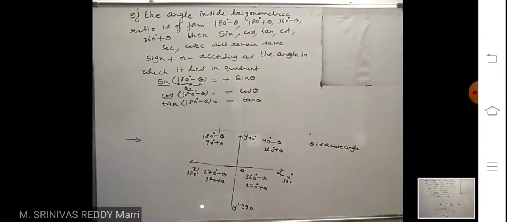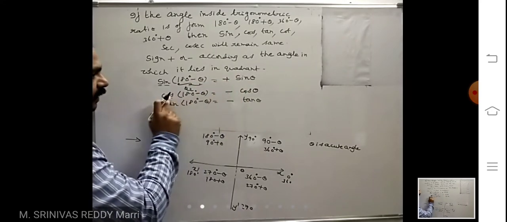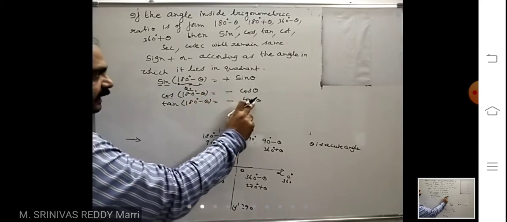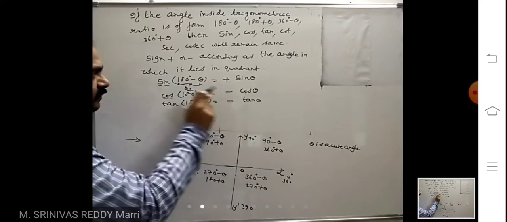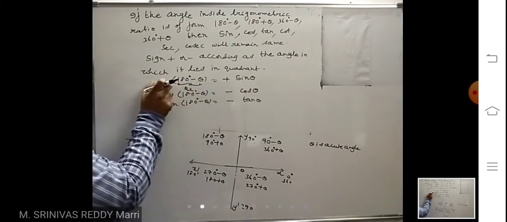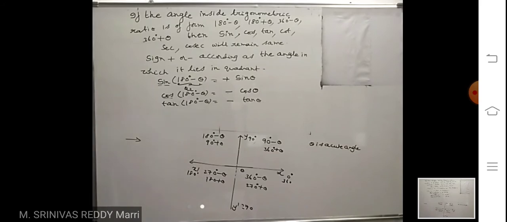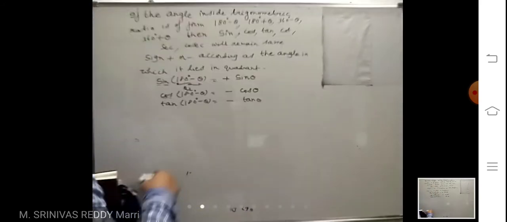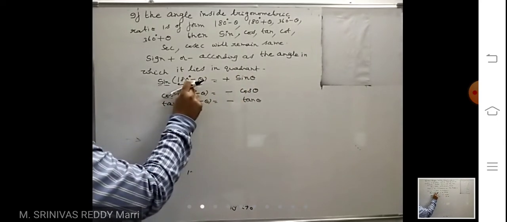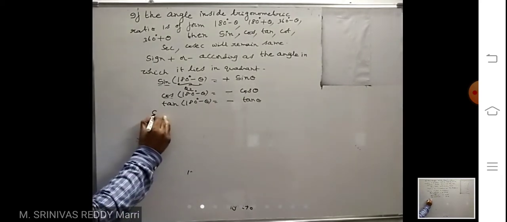Like that, everything. What I mean is, sine you write same sine and then theta, cos you write cos same theta, tan theta, and this sign is there. Sine you have to give. This sine, in which quadrant is this angle? In that quadrant, sine is what? Positive or negative, you write the sign. Like that. Suppose take an example. Like that everything. If 180 plus theta is there, you write sine theta only. 180 plus theta is in which quadrant? Third. In third, sine is minus.